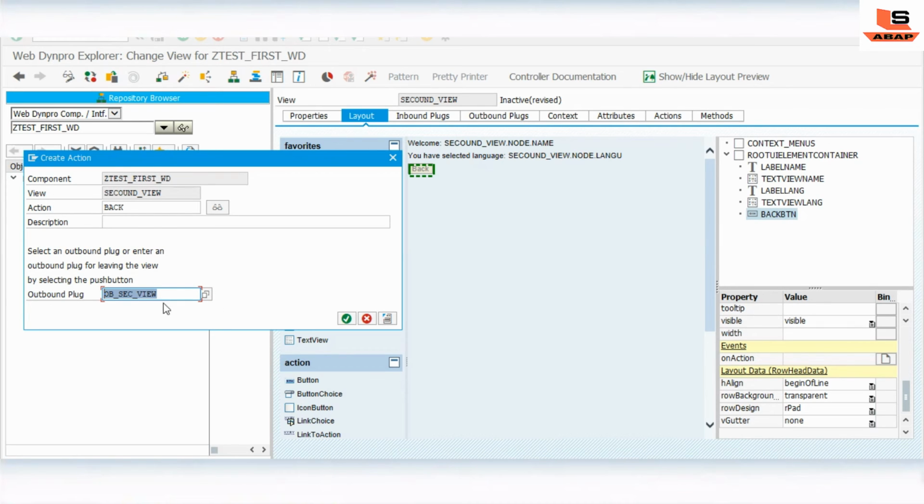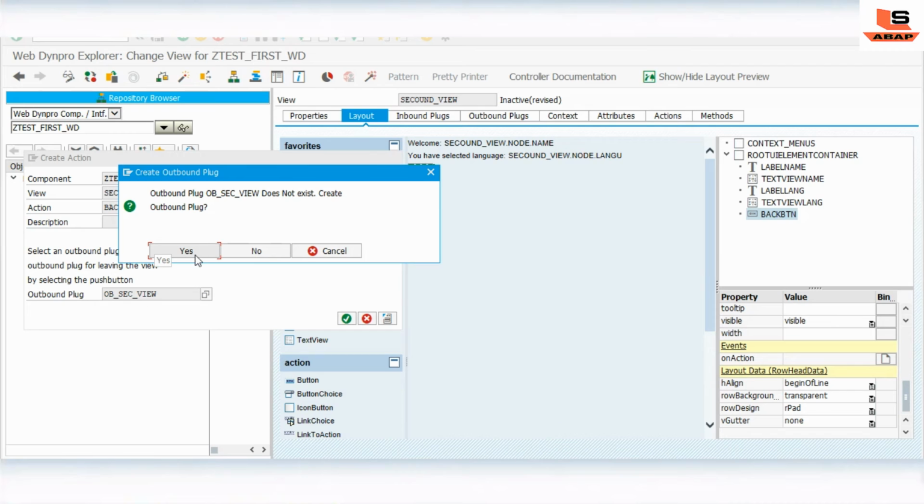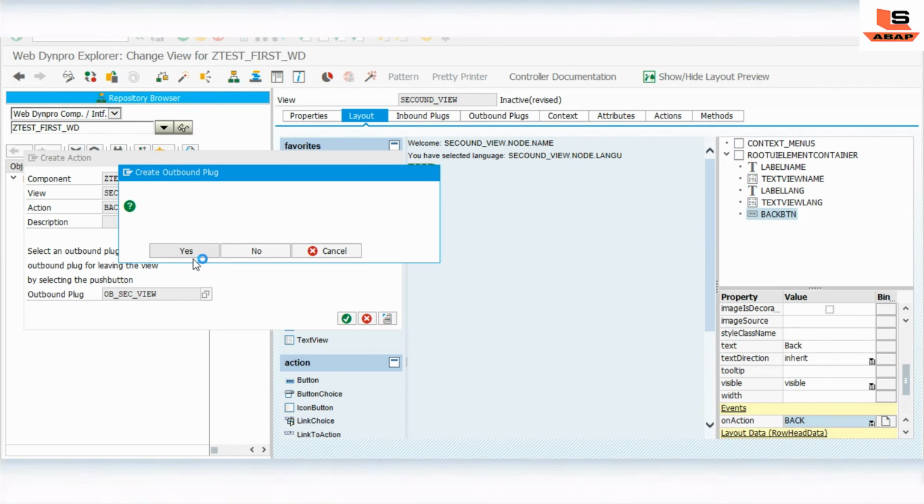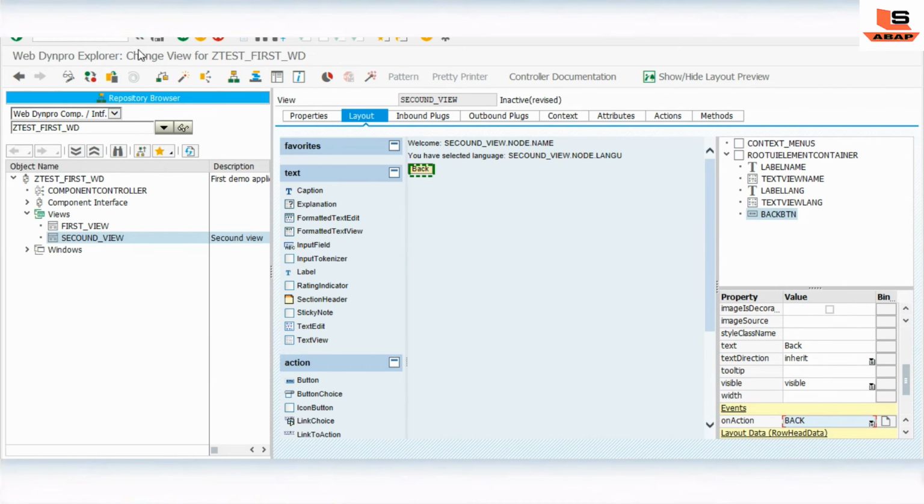Okay, so we are going out, that is the reason it comes under outbound block. It's a simple definition to understand. Yes, second view. Okay, so just check. Now we are almost done with our second page design also.